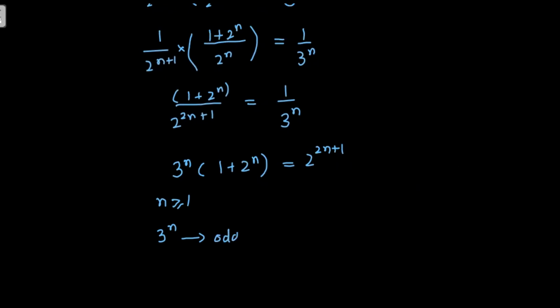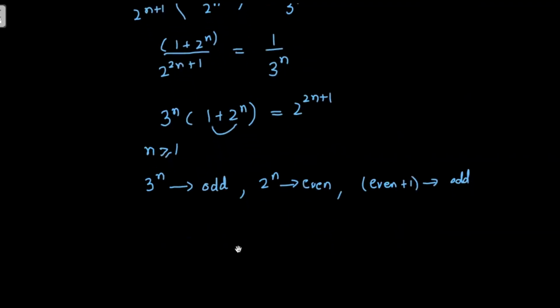Now 3 power n will be odd, and you can see here 2 power n is a multiple of 2. Therefore, the values of 2 power n will be even. When you add 1 to an even value, even plus 1, that value becomes odd. And the same for 2 power (2n plus 1), these are multiples of 2, these are even values. Therefore, you can write it as, and this is the odd value,